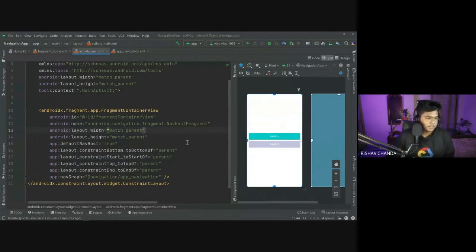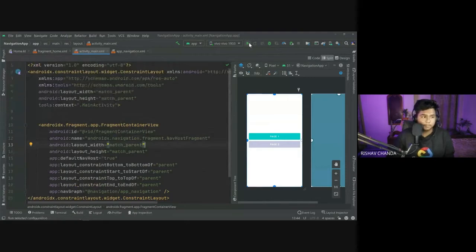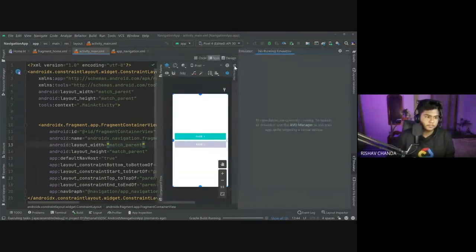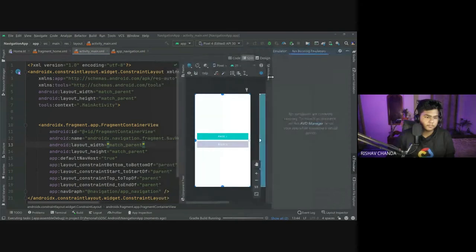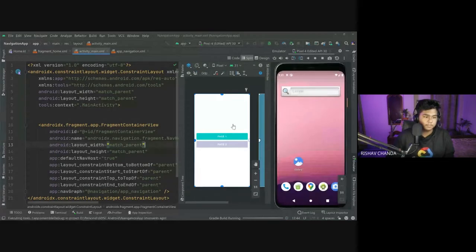Now the constraint is done, and if you run this app, I would change this one to the default one, and if you run this app, you would see it will open up this one.